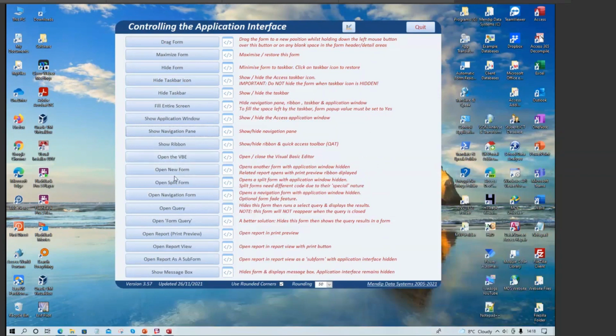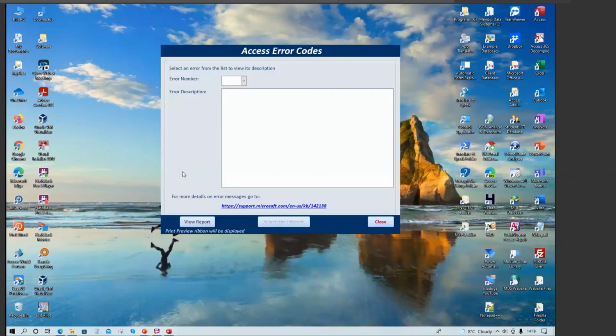Okay, now obviously I've done this just with one form. If it was limited to that, it would be pretty useless, so let's just open another form at random. Got rid of the first one here. I could have hidden it, but I've closed it, and I've got another form opened. Okay, again floating on the background whilst it's there, and it's just a list of Access error codes, quite a lot of them, some 3,000 or so. I'm sure you know them all by heart.